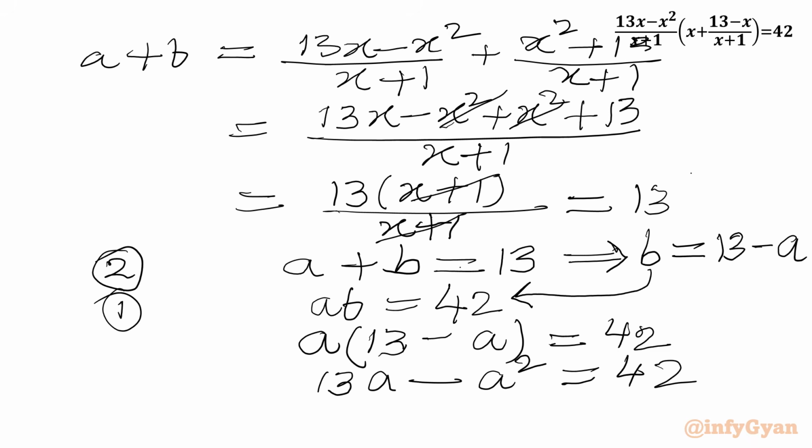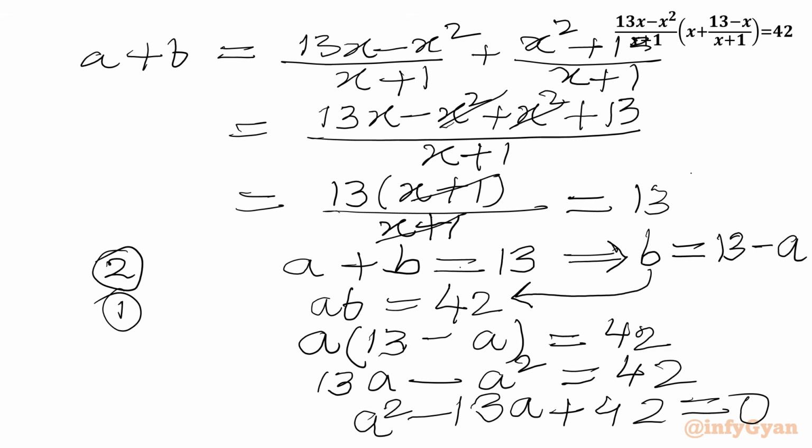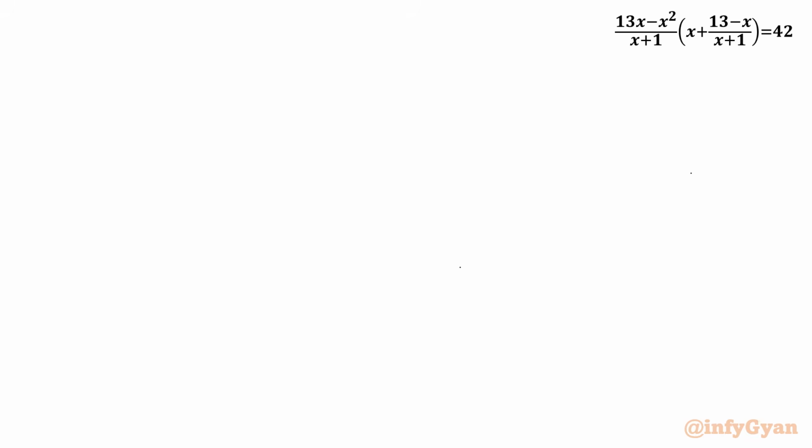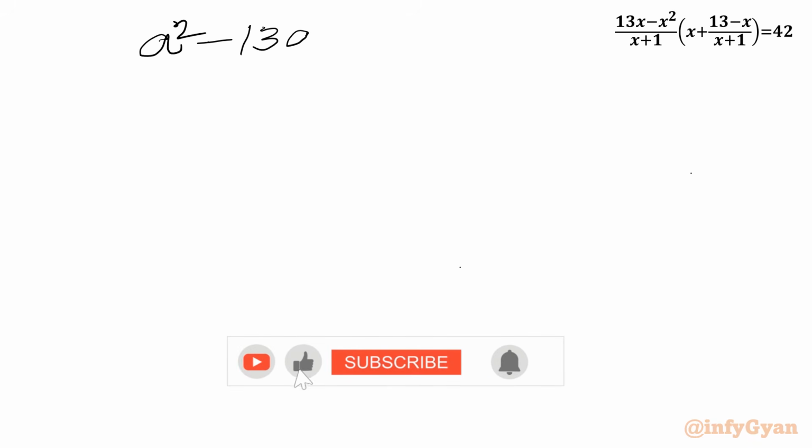By taking all the terms to the right hand side, we will get a square minus 13a plus 42 equal to 0. So we have one quadratic equation, a square minus 13a plus 42 equal to 0,